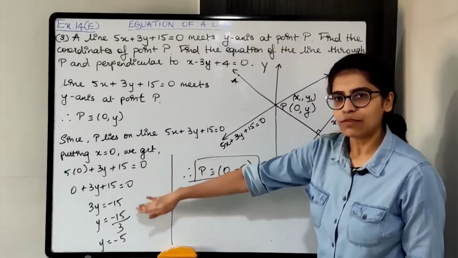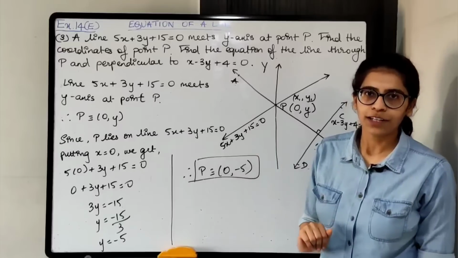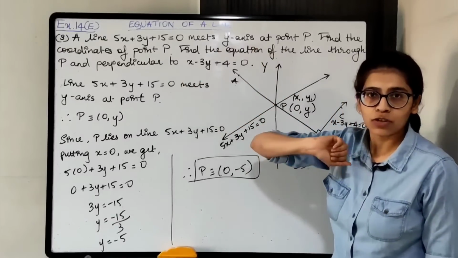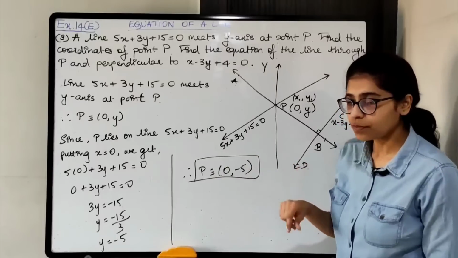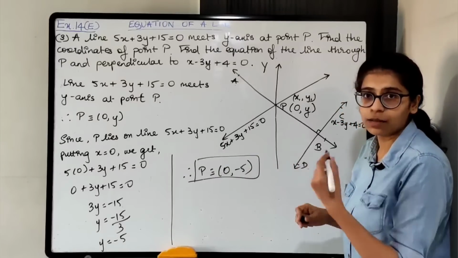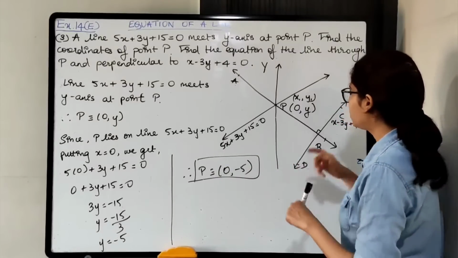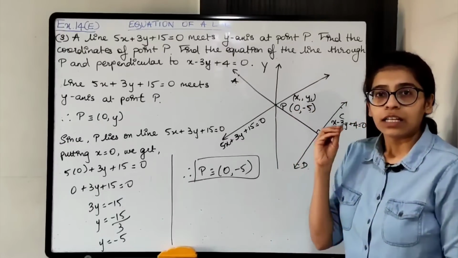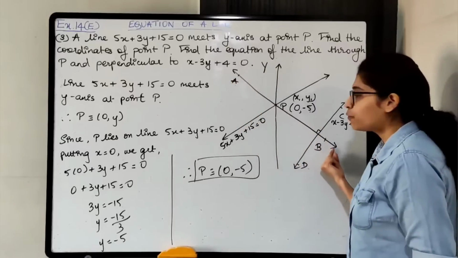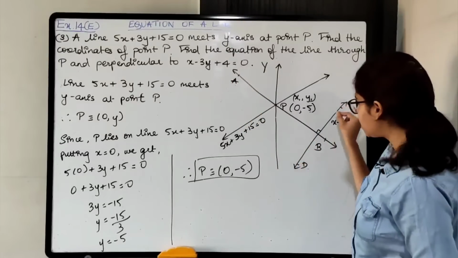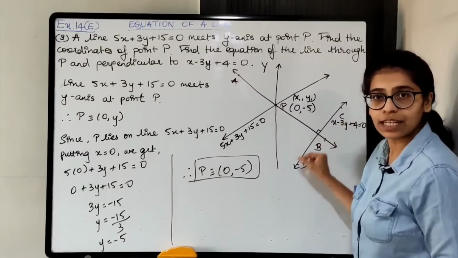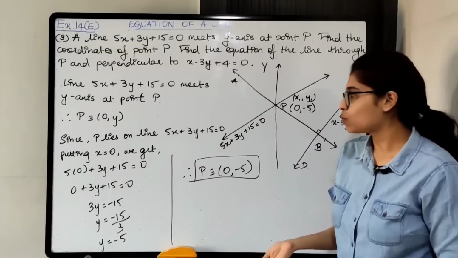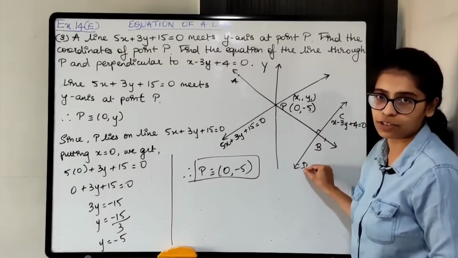Alright, so you have to solve this. You'll get P का coordinates. Now box this because they have asked over here find the coordinates of point P. Box कर दो. Now after this we'll come to the next part of the question. So since we have the coordinates, now we have to find the equation of AB. For that we need slope of CD. Once I get slope of CD, मुझे slope of AB भी मिल जाएगा. Okay, so let us find the slope of CD first.